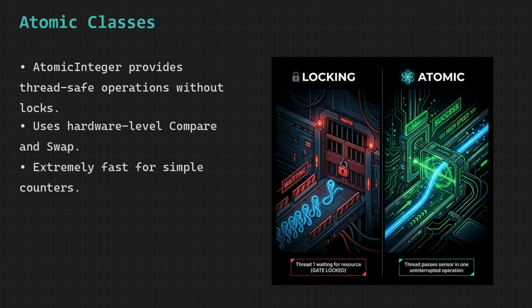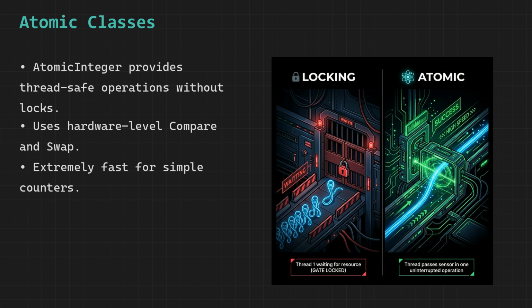When we are dealing with very simple shared data such as a single number that needs to be updated frequently by multiple threads, using heavy synchronization mechanisms like locks can feel like using a large heavy door with a key and guard just to protect something very small and quick to handle, which not only adds unnecessary complexity but can also slow down performance because threads may end up waiting for each other even when the actual work takes almost